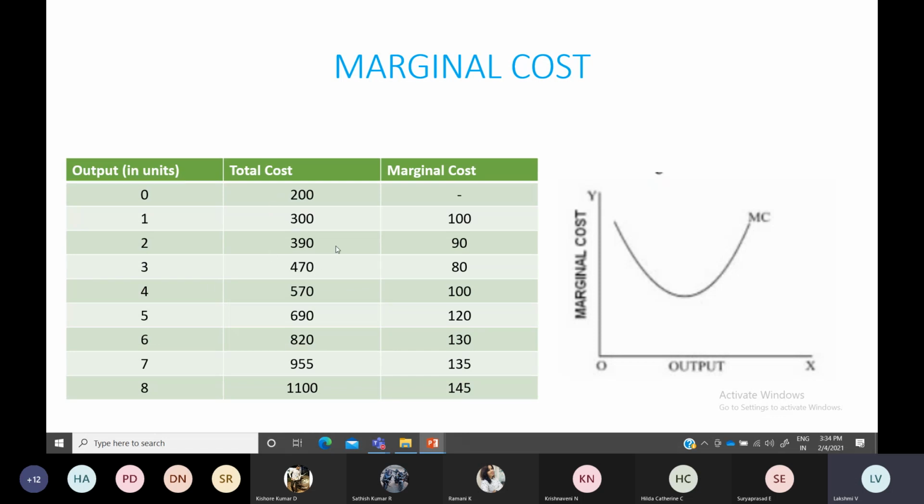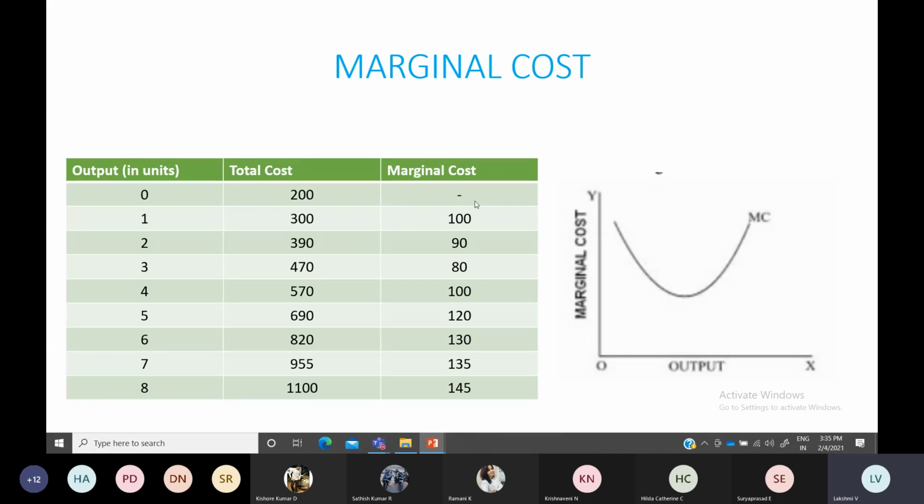Okay, in the table, it is not that you have to mark up all these values, but by the way you can understand. So 0 units, 1 unit, 2 units, whatever number of units you can take. Similarly, total fixed cost means constant. You put the same value everywhere, not necessarily 40 rupees or the like, you can put any constant value. For total variable cost, you can increase and show each and every value. Then if you add up, you will get the total cost. From total cost you can easily calculate the marginal cost.